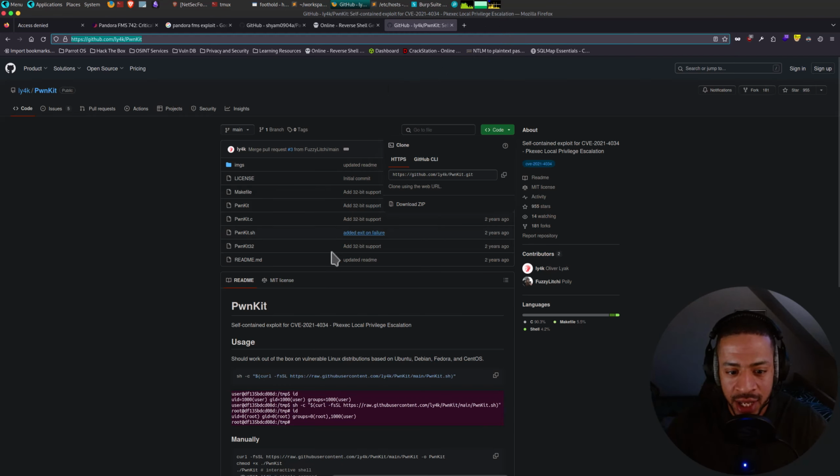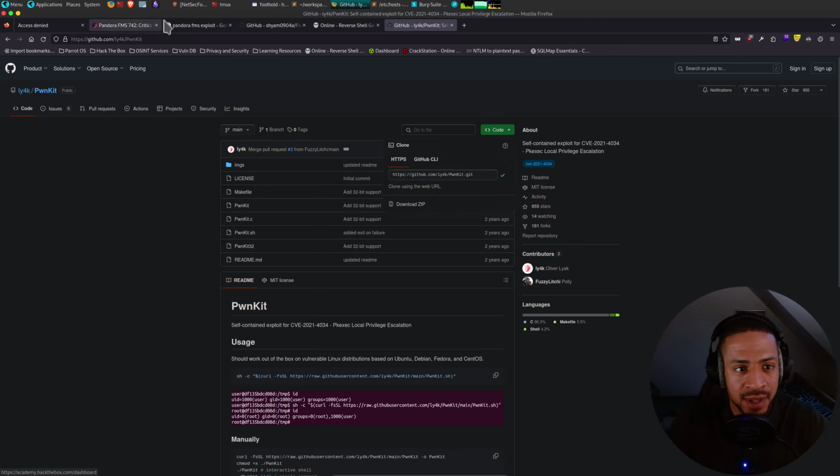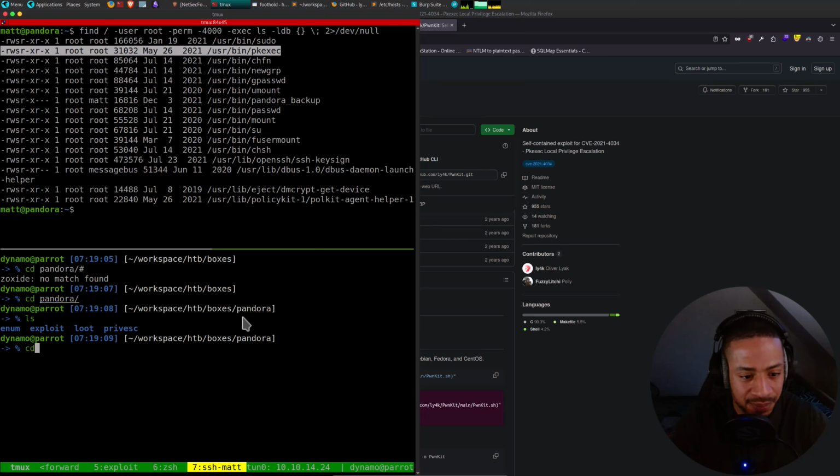You literally just execute it and you have root. I'll show you what I mean. I'm always extremely excited to exploit this when it works. It doesn't happen often, but it happens sometimes.